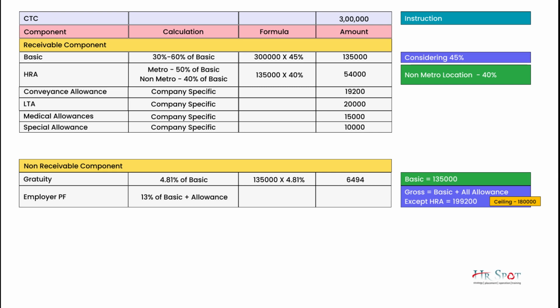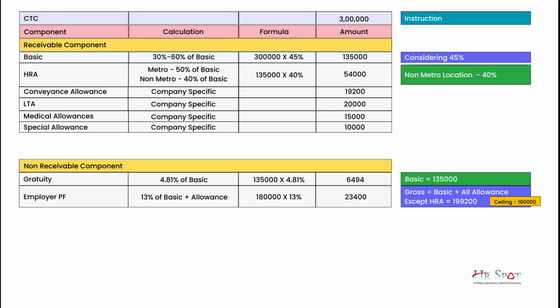case the gross pay has become 1,99,200, which is more than 1,80,000. We have to consider 1,80,000 only for PF calculation. So we are not supposed to calculate the PF amount on 1,99,200, but we are supposed to calculate the amount on 1,80,000 only. So 1,80,000 and 13% will come to